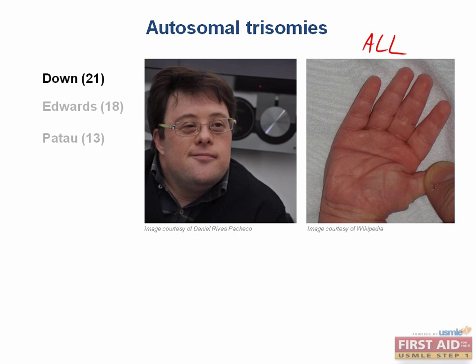The most common cause of Down syndrome is meiotic non-disjunction, which becomes increasingly common with advanced maternal age. At the age of 20 or younger, this non-disjunction occurs in about 1 in 1,500 pregnancies, whereas in women over the age of 45, it increases to about 1 in 25 pregnancies. More rarely, it can be caused by Robertsonian translocation, which I'll talk about soon, or Down mosaicism, which is when non-disjunction occurs very early in embryogenesis rather than during gametogenesis, so it only affects some cells.